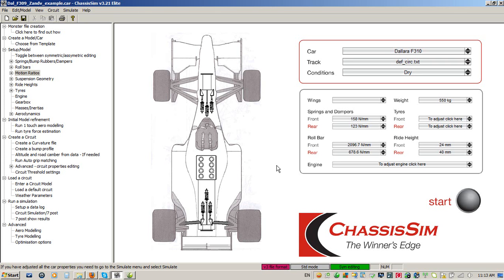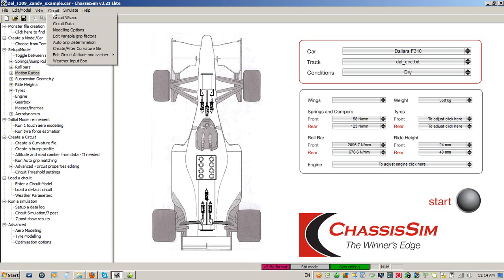If you're dealing with circuits that have very little altitude road camber in, then what I like to do is load in the curvature and the bump profile and run an initial simulation just to see where things are at. However, Zandvoort is a circuit with significant altitude road camber variation, so I'm going to need to run that. So all I'm going to do here is go to my edit circuit altitude camber and generate